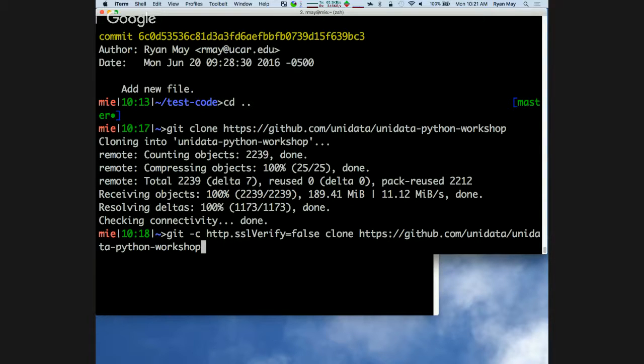We don't need to authenticate or anything. There's no username or password involved here. It's just making sure no one can jump in the middle and get you code that isn't what you're expecting. Kind of a security thing. We'll ignore that for now because we don't care in this case. So we're just adding a setting here that turns off checking the SSL certificate. But you only need that if you had problems with the first clone.